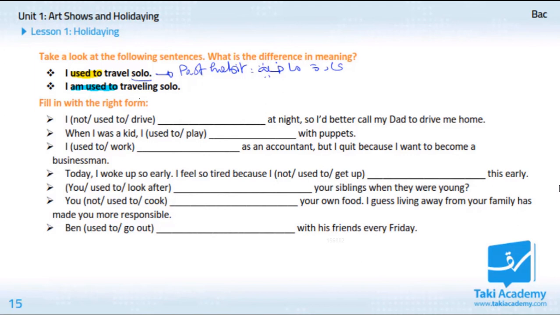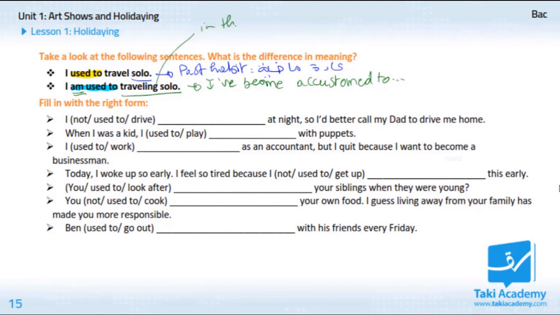Now, what about I'm used to traveling solo? Is this a past habit? No, it is not. You can tell even by looking at the verb be, which is in the simple present. So this is not a past habit. This is something that I've become accustomed to traveling solo, okay? At first, that means traveling solo was strange for me,